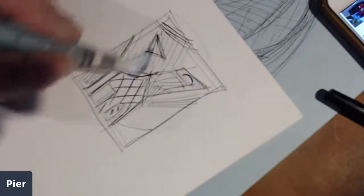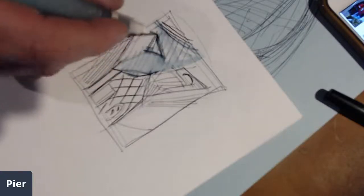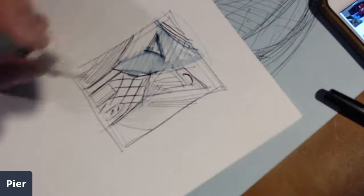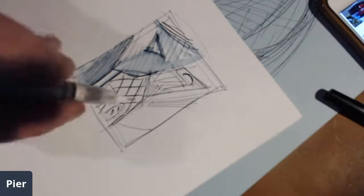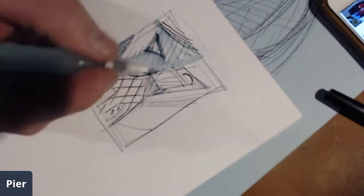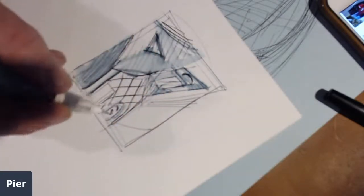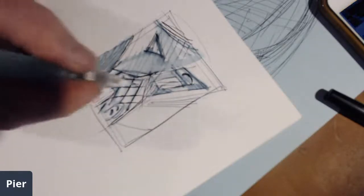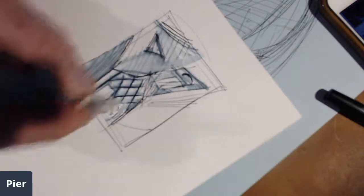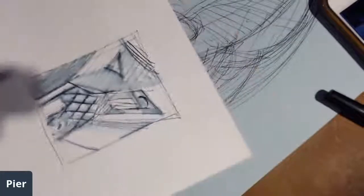So then what I do is I would come in here with my ink, and then I would turn it into sort of an ink wash. And for those people that love cars, you'll say, that's not a picture of a car. I don't even know what that is, but that's okay. I'm not drawing it for them. So this is what my picture